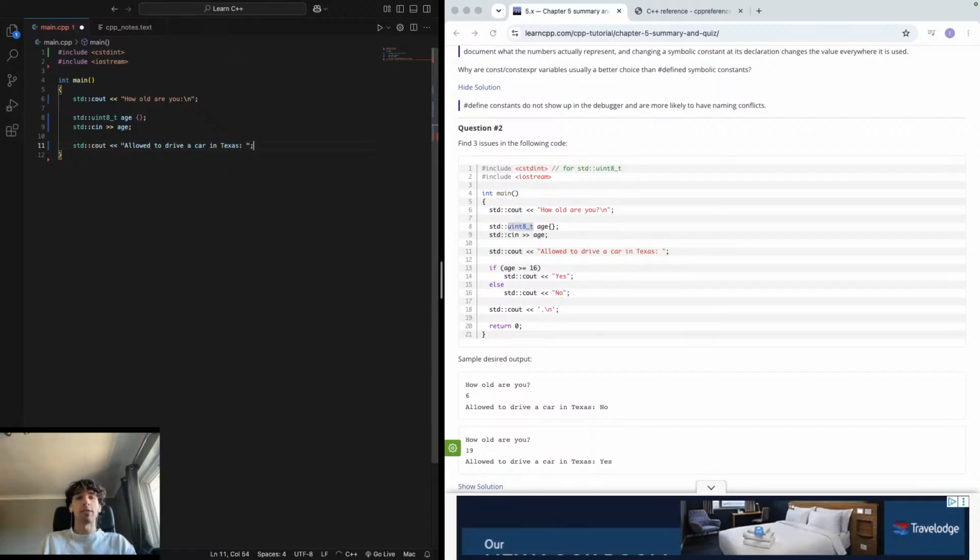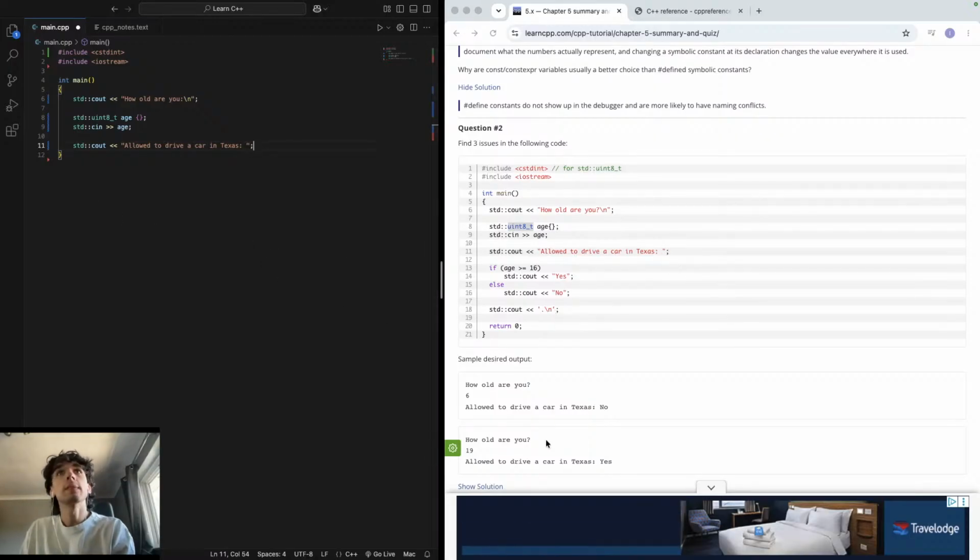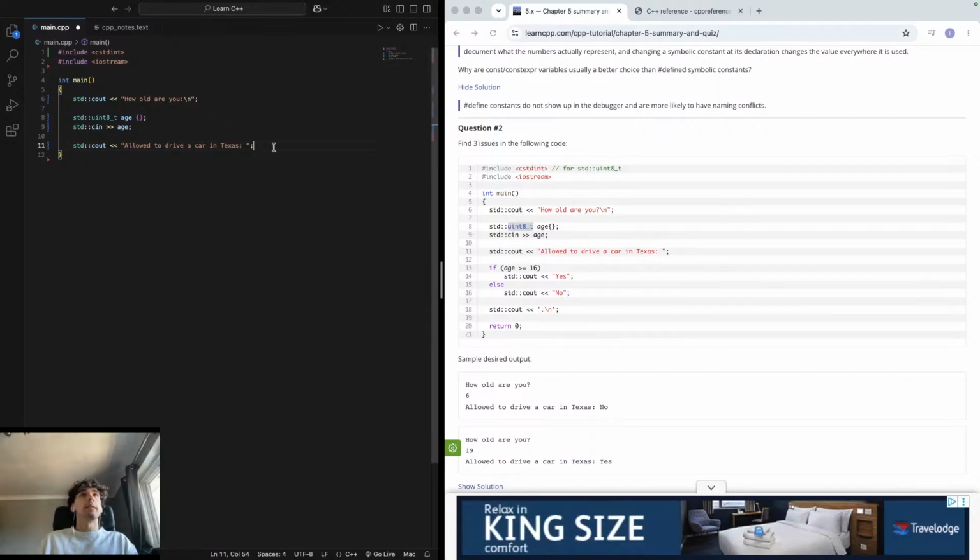And then we obviously don't need a new line here because the new line will go on the same line. Yeah, so if age is greater than or equal to 16, and we say yes,